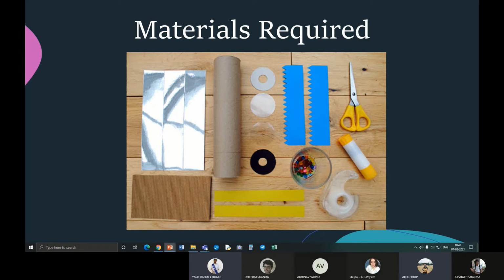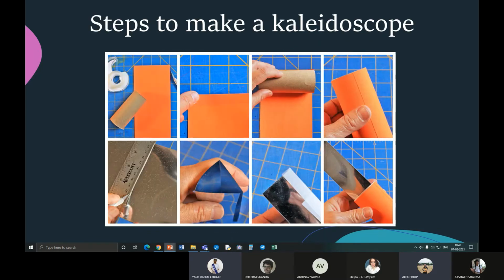Now, the reason why we need them to be transparent is quite simple, because you need light to pass through. Only if there's light passing through a kaleidoscope will you actually get an image. At one end of the kaleidoscope, you will make a small chamber of sorts, in which you will fill all the decorative materials. At the other end, you will make a small hole, and that will be what you look through.